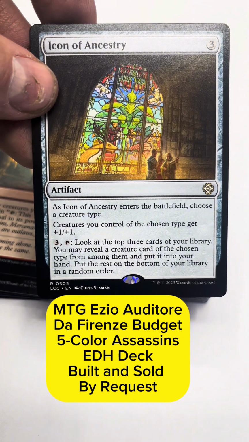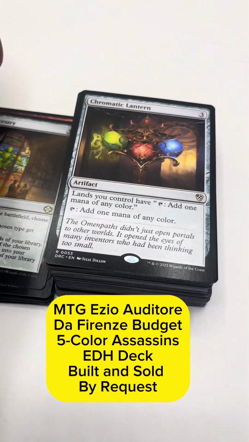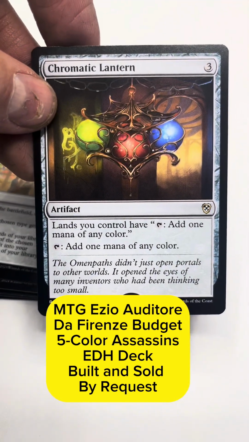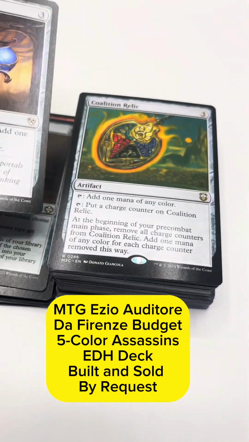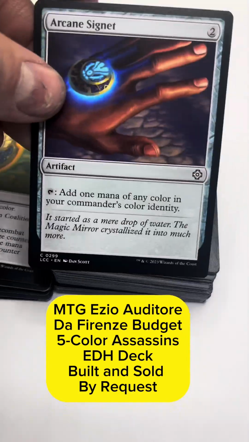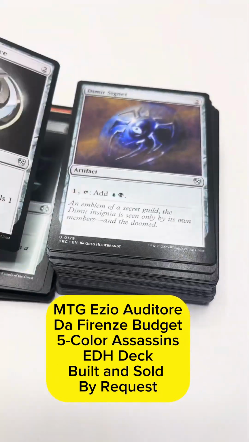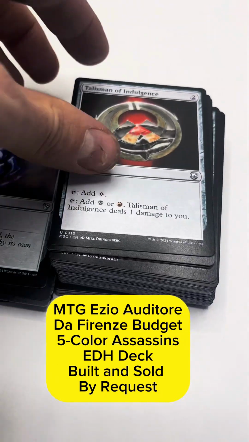3, tap, look at the top 3 cards of your library, reveal a creature card of the chosen type, put it in your hand, the rest on the bottom of your library in a random order. Chromatic Lantern, 3 mana. Lands you control tap for mana of any color. This also taps for mana of any color. Great color fixing. Other mana rocks include Coalition Relic, Arcane Signet, Soul Ring, Talisman of Dominance, Dimir Signet, Talisman of